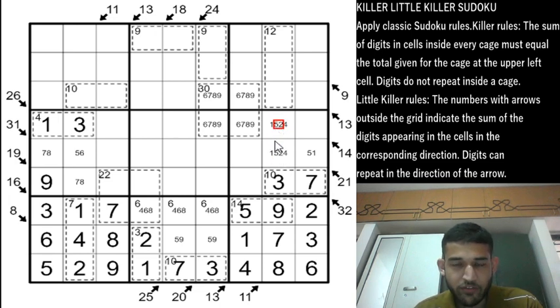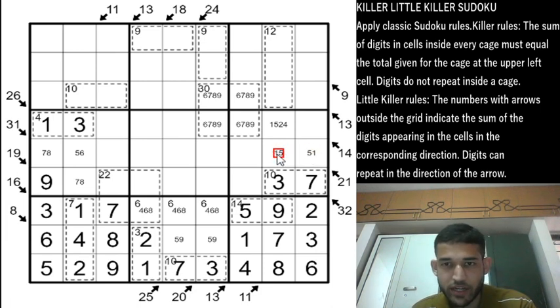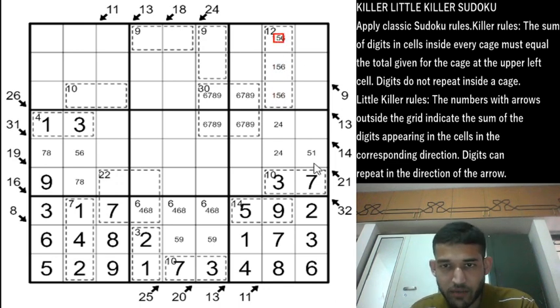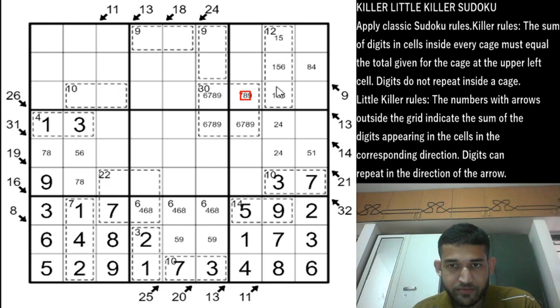Now we cannot have 1 5 as possibilities here, because then this cell will be choked of all possibilities. So this has to be a 2 and 4, and this cell will be a 2 and 4. This means these 3 cells will be 1 5 and 6, but 6 we can remove from here, because then this will be a 3 for the 9 total, but 3 is in column 9, so we can remove the 6 from this cell. So this is going to be an 8 or a 4, and we can remove the 6 from this cell, because we have placed the 6 in these 3 cells in box 3.